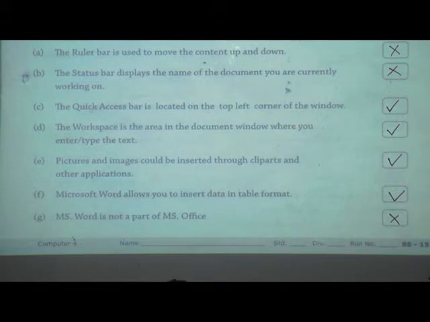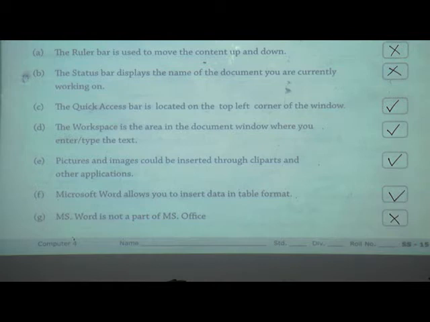The quick access bar is located on the top left corner of the window. Right. The workspace is the area in the document window where you enter or type the text. It is also true. Pictures and images could be inserted through clipart and other applications.